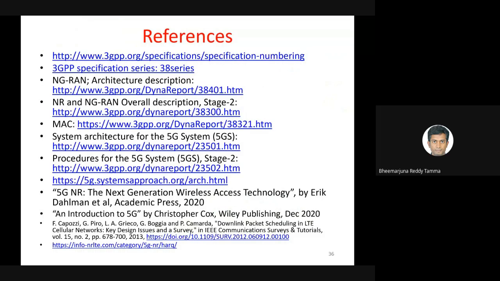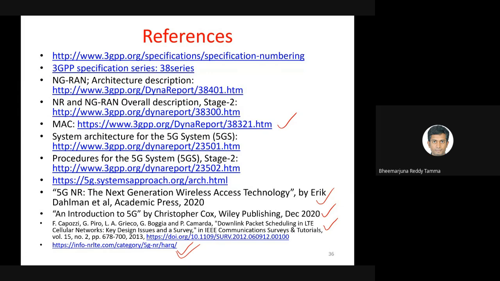And these are some of the references that I have. I think this is the reference for the MAC layer. And these are the two books that I was asking you to go through. And if you have an ACM student membership, you can get it. And this is a survey paper on LTE, but it also has a very good introduction to all sorts of packet scheduling algorithms. The other day I was talking about channel aware, channel unaware, QoS aware, and whatnot. All those are nicely described here, including some comparison of some of the scheduling algorithms. And this is also another interesting